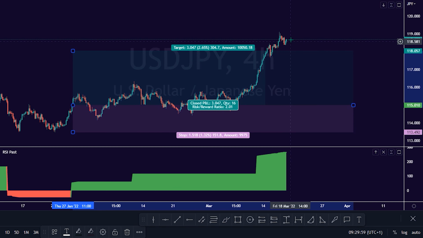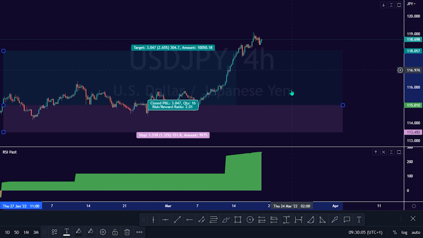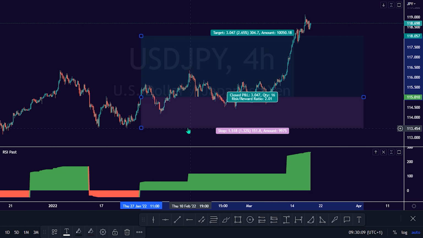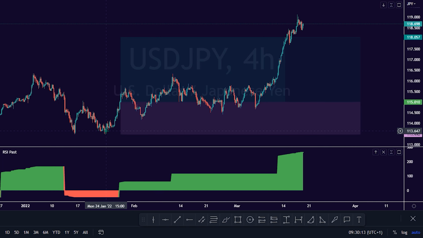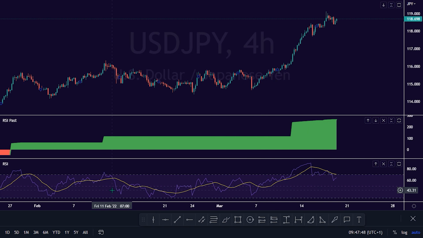Take profit target achieved. This is how to buy with the RSI Past indicator in an uptrend market condition. In order to have a higher winning probability using the RSI Past indicator, it's advisable to pair it with momentum trading indicators such as the Relative Strength Index, RSI,